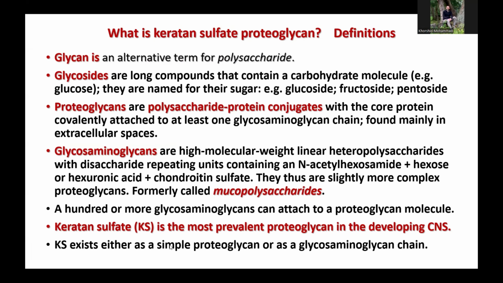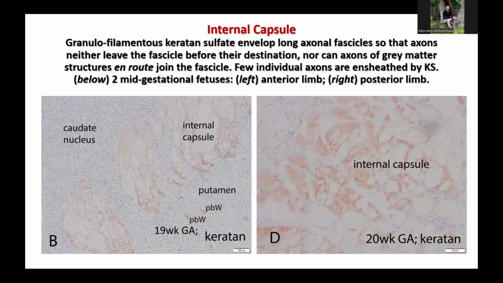And keratan sulfate is synthesized and secreted by astrocytes into the extracellular space. But one of the things it does is that in the forebrain, it forms in the extracellular space a kind of